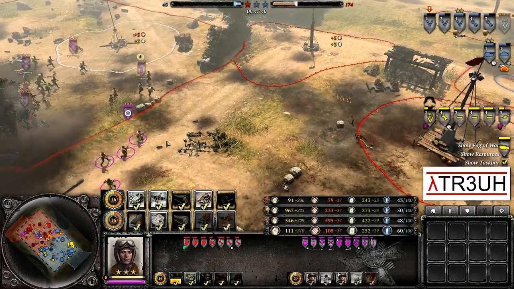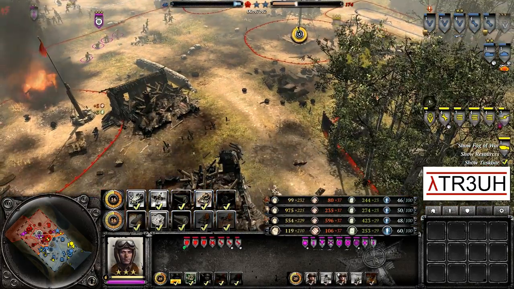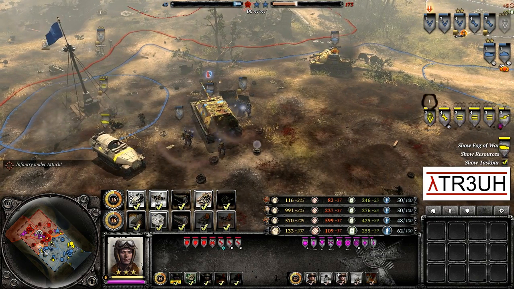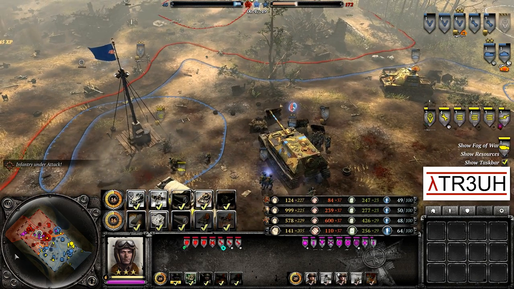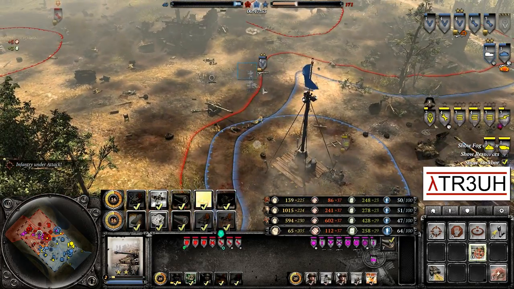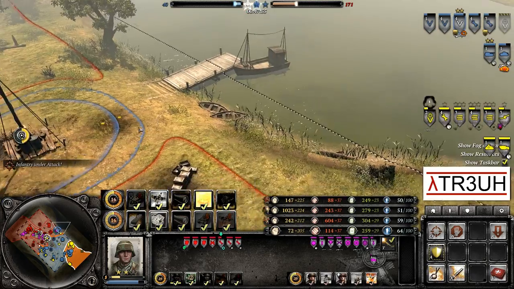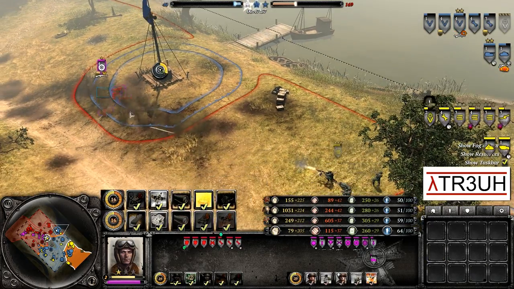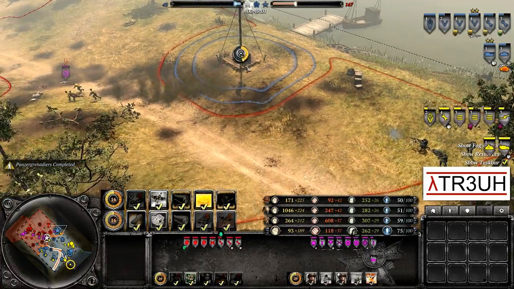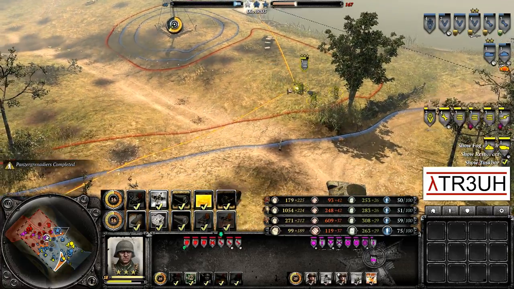Hopefully Zips keeps in mind that this crew does have veterancy, and he can put them inside his next vehicle, and that'll get the vehicle veterancy, but maybe he won't. We'll see. Up in the north, we see another vehicle crew for Mr. Zips trying to go for the cap of the victory point, but we do have an MG covering that point